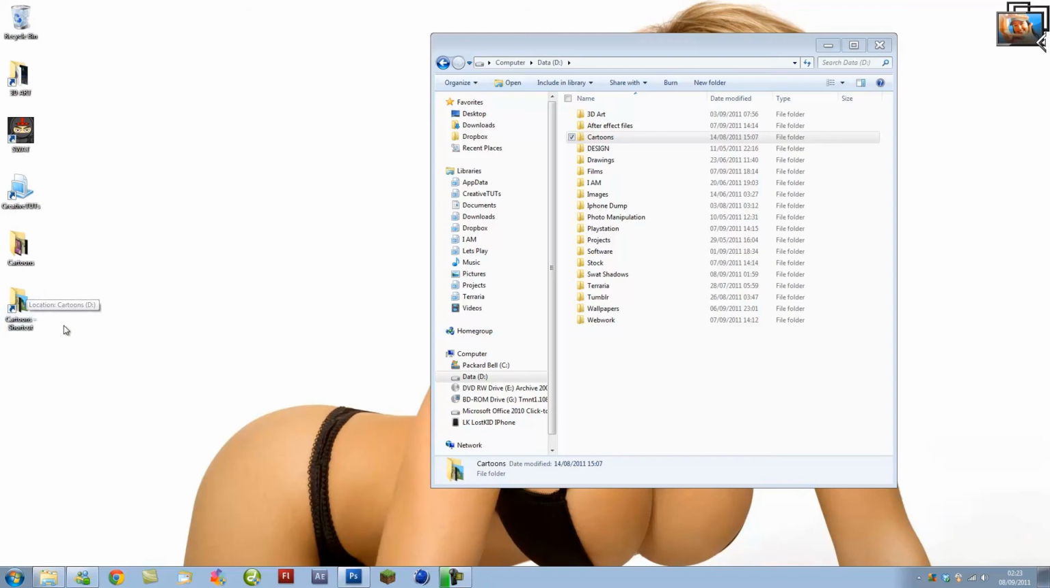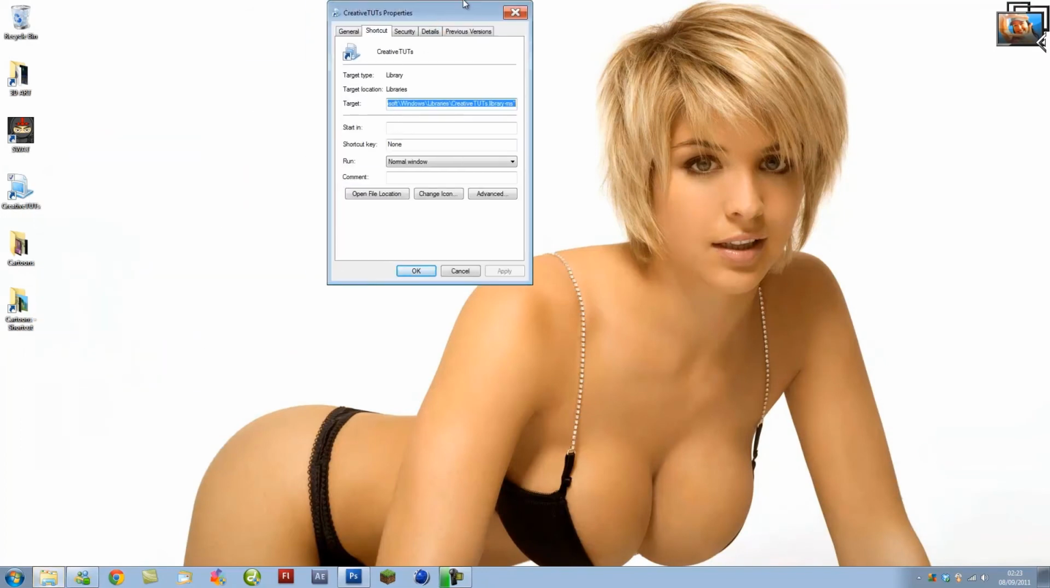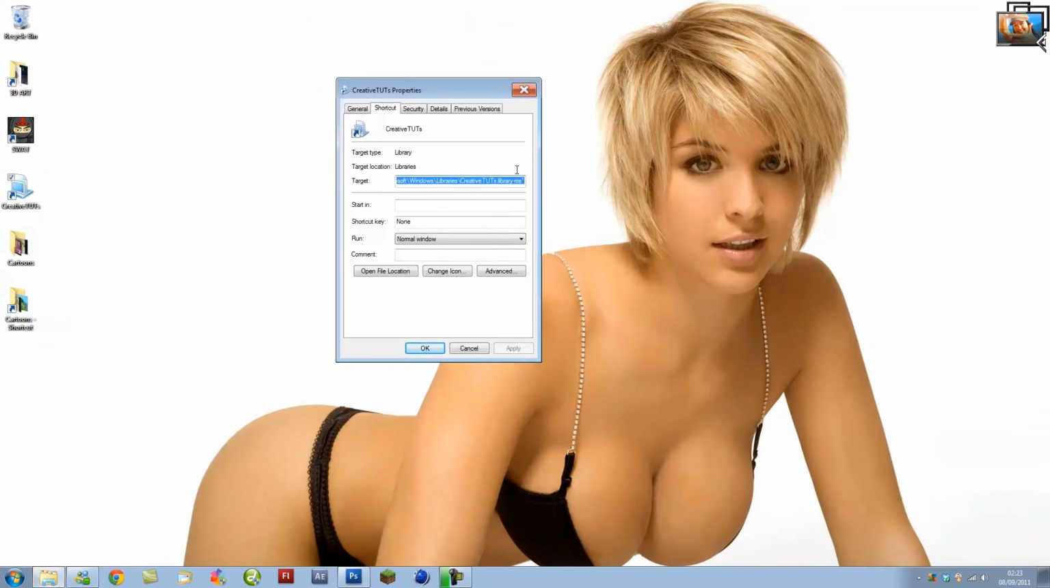And once we've done that, we want to change the icon. So I'm going to go to my Creative Tuts, I'm going to click it once, then I'm going to right click and go to Properties, and we get this nice shortcut window. And if we go to Change Icon,